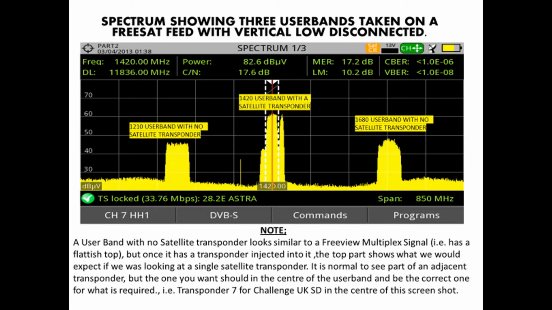Just one thing to point out to you, the one on the right is not quite as flat as the user band on the left hand side. The reason being is that little bit of, shall we say, round shape at the top of the